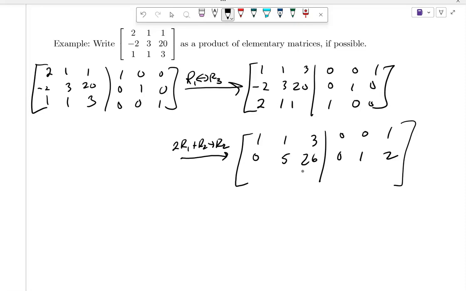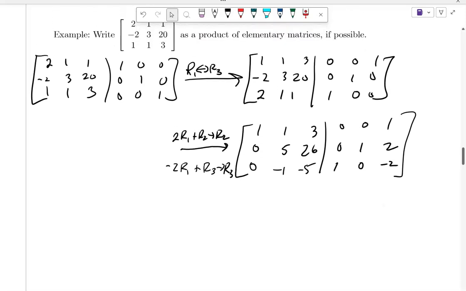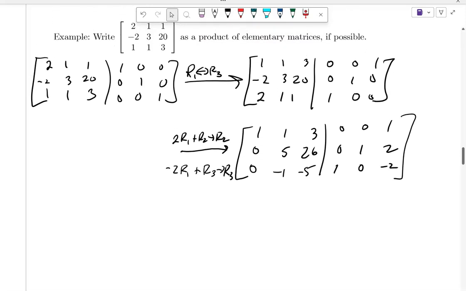What's the other row operation we should do now? Negative 2 row 1 plus row 3. Good. So 0, negative 2 plus 1 is negative 1. Negative 6 plus 1 is negative 5. 1, 0, negative 2. Next step is to get